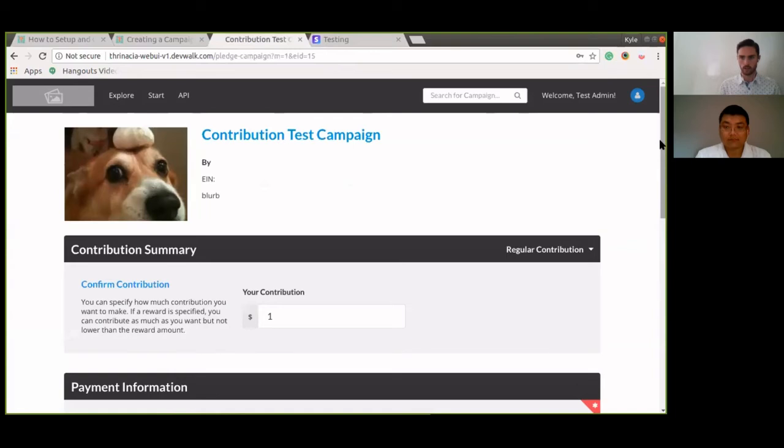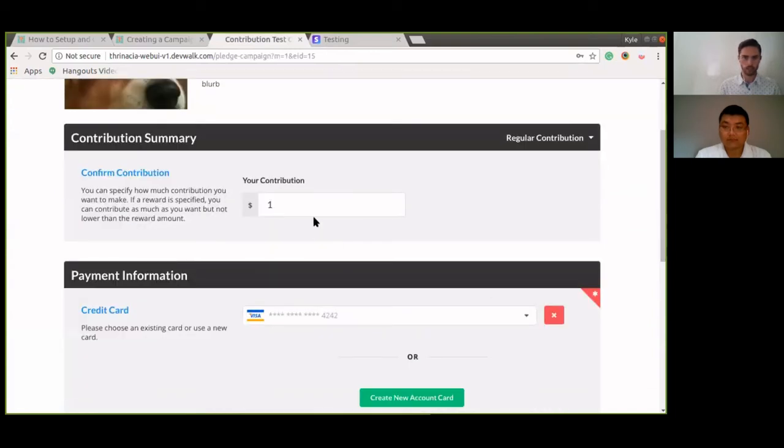Let's go back here. I'm going to make a test donation. Now, of course, try and test first in test mode, and then as well as when you go into live mode, you're going to want to make those tests as well. So I'm going to test with $100,